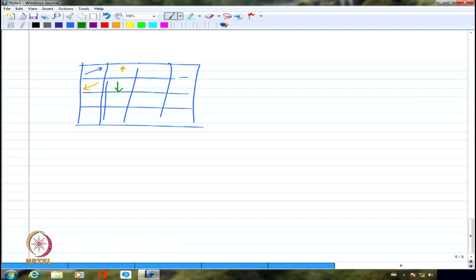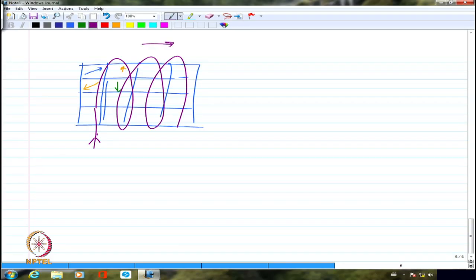But the moment I wind a coil around this and pass a current in a particular direction, an extrinsic or external magnetic field is going to be created, maybe along this direction. So this magnetic field will try to align all these domains one by one